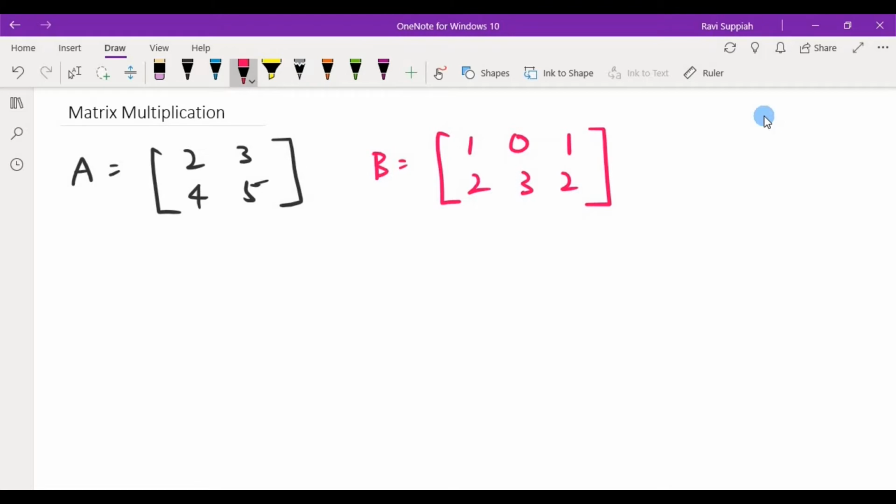Now, in order for me to perform the multiplication, I need to check for a very important condition. The condition says that the number of columns for the first matrix must match the number of rows in the second matrix. How do we verify that very easily? Write out the dimension of each matrix. So A is 2 by 2, where 2 rows and 2 columns, and matrix B is 2 by 3, 2